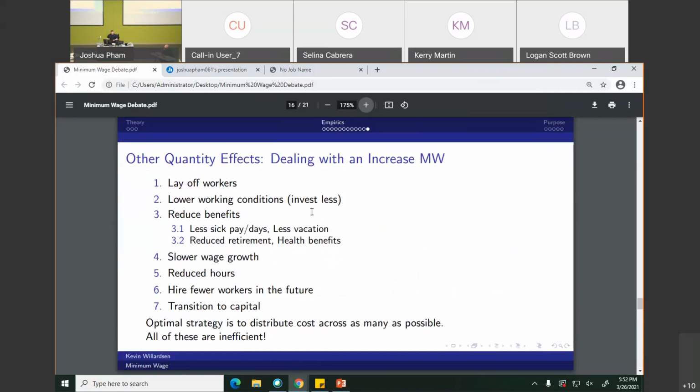I can kill sick pay. I can reduce retirement. I can have slower wage growth. I can reduce hours. I can hire fewer workers. I can transition to capital. The key here is to recognize that all of these other things that an employer can turn to hurt the very group of people we're trying to protect. Not only that, if you think about it from an efficiency standpoint, the employer has no incentive to focus on just one of them. He has every incentive to distribute it across all of them, making it incredibly difficult to